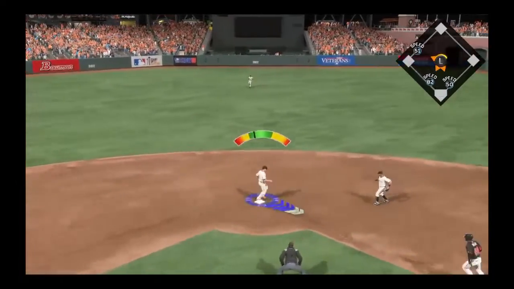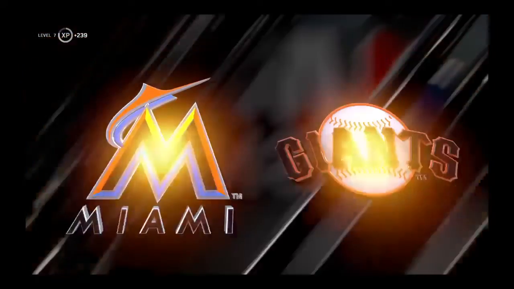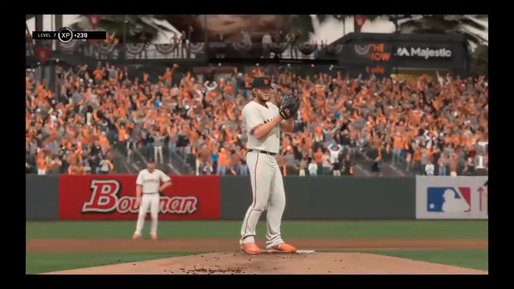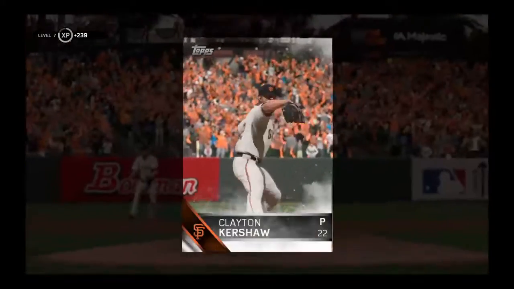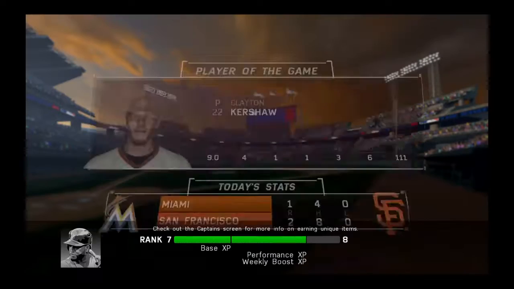Ground ball sent back up the middle. He'll go to the bag for one. Back to first. It's a double play as they strand the potential tying and go-ahead runs in scoring position here. And just like that, this one is over. And fellas, when you're